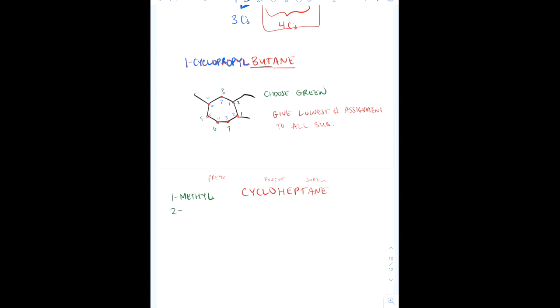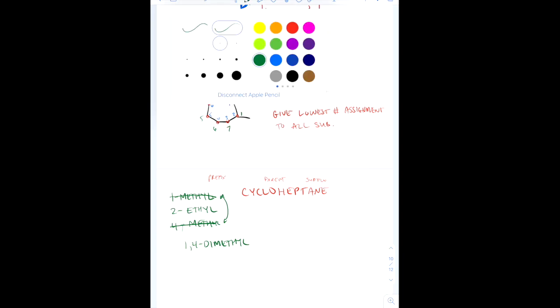At the 2 position we have a 2-carbon substituent, and so that is eth. Being a substituent, it's an ethyl. At the 4 position we have a methyl again. Okay, and remember we're going to go ahead and combine these two to make a 1,4-dimethyl. Okay, so I'm going to cross these out, and we got a 1,4-dimethyl and a 2-ethyl to basically add in front of our